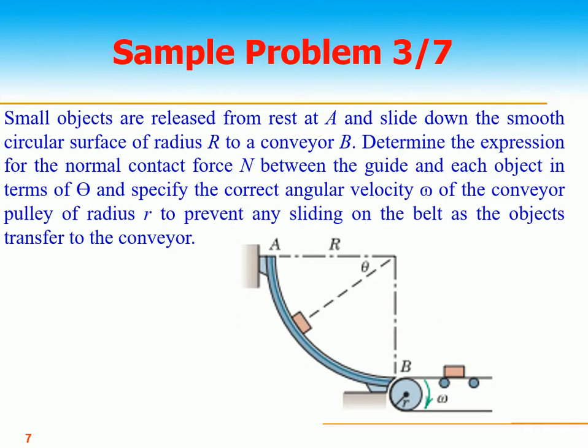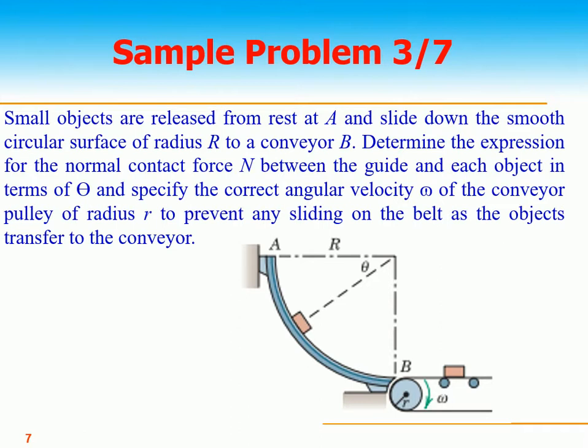Small objects are released from rest at A. The small objects are released from this point A, right? And here we have a conveyor, and then move at point B, and then moving towards the other position, and slides down the smooth circular surface of radius r to conveyor B. Determine the expression for the normal contact force N